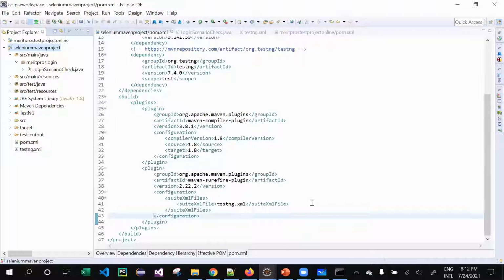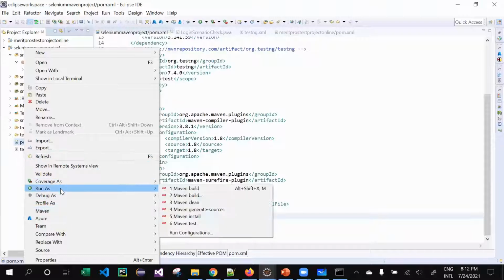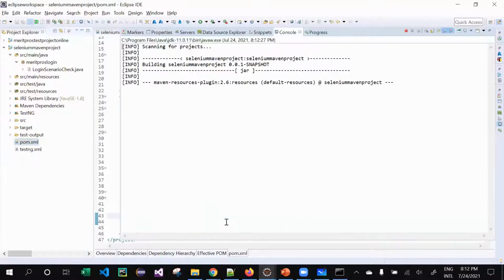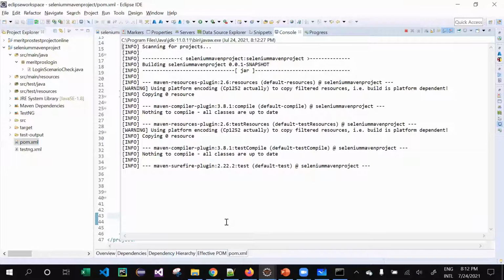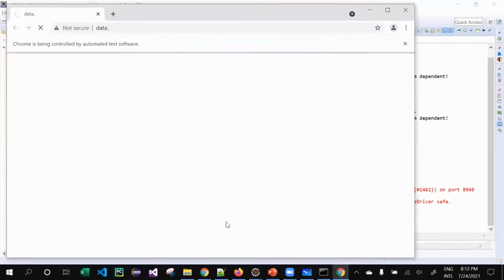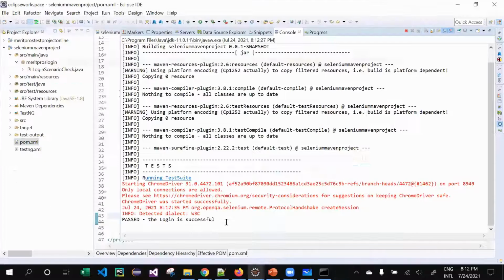Okay, seems to be fine. As I said, whenever you add something inside your POM, just update your project. Now let's try to run it. Maven test. Yeah, it is running, as you can see. So we need to mention your testng.xml inside your POM.